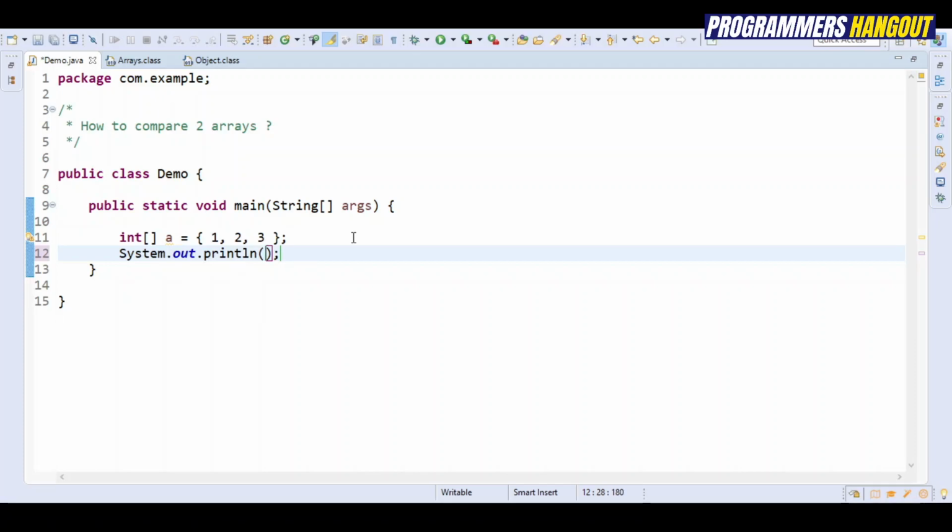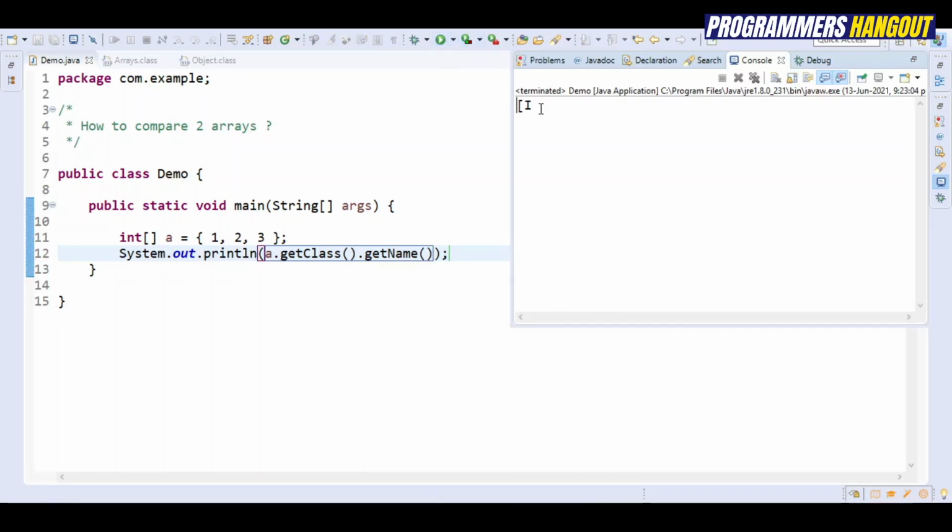But internally, this variable A actually belongs to a class. So let's see. I'm typing in A.getClass().getName(). See, this is the class name to which this variable belongs.